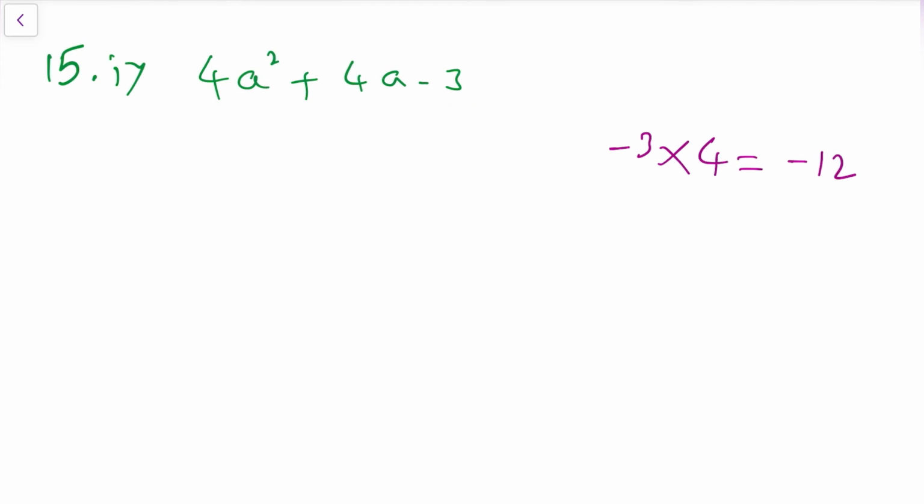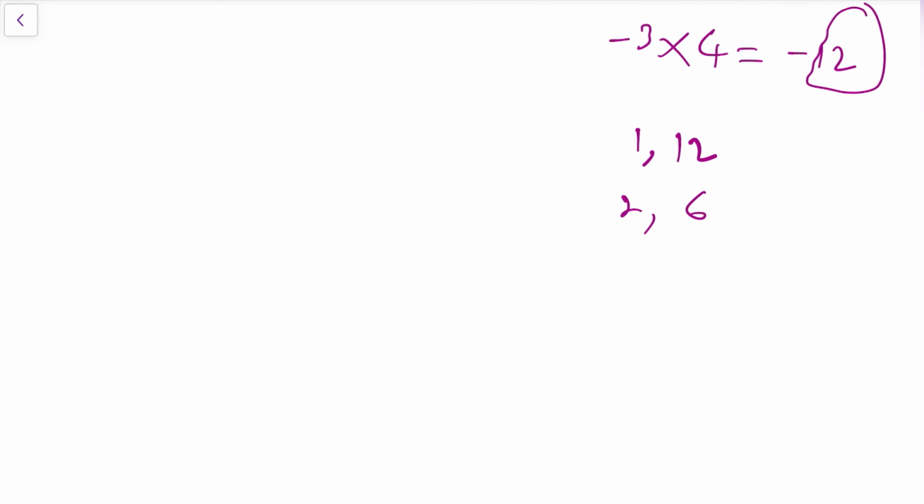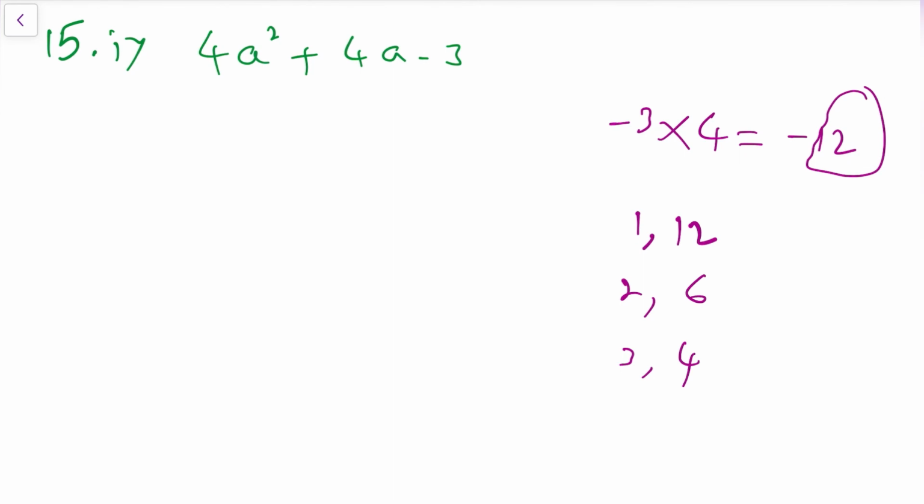Now forget about the symbol in the answer and find where we get 12. Write that 12. 1 12s are 12, 2 6s are 12, 3 4s are 12. Again in reverse, 4 3s are 12, 6 2s are 12, 12 1s are 12. So only 3 possible pairs are there. Now from these pairs which one will be the correct pair? Let us check. Middle term is positive and last term is negative. If middle term is positive and last term is negative, in every pair the bigger number should be positive and the smaller number should be negative. Here bigger number positive, smaller number negative, in all three pairs.